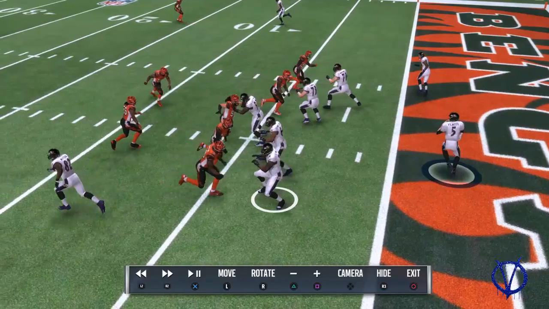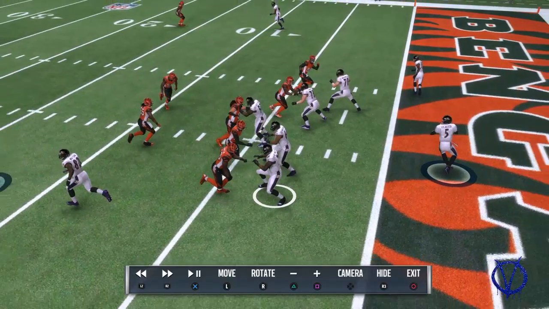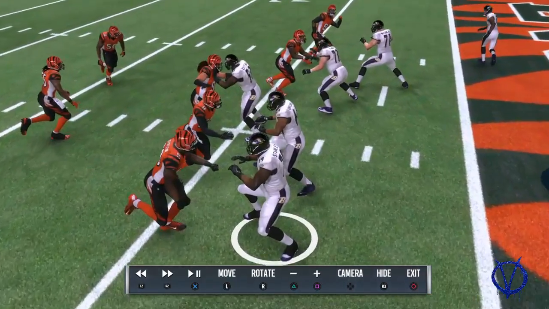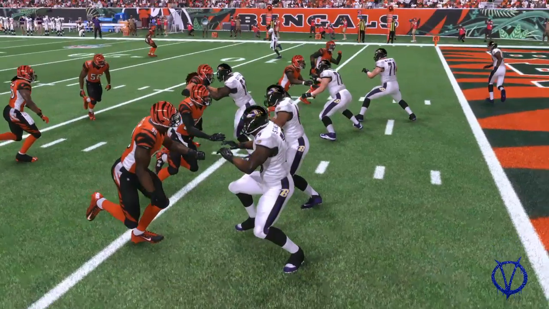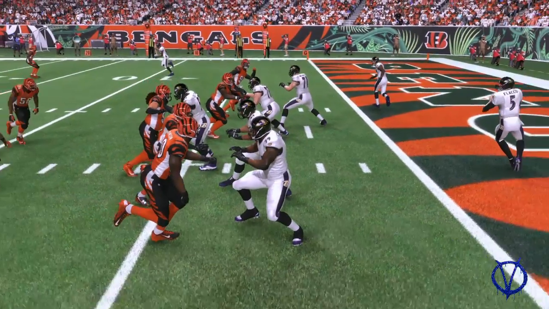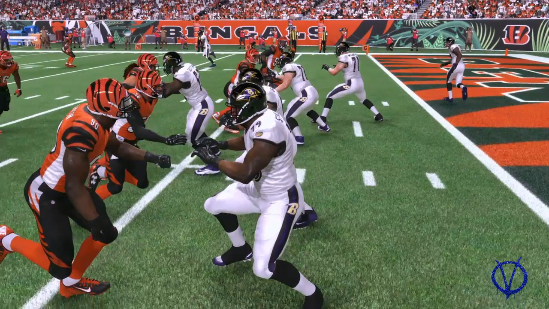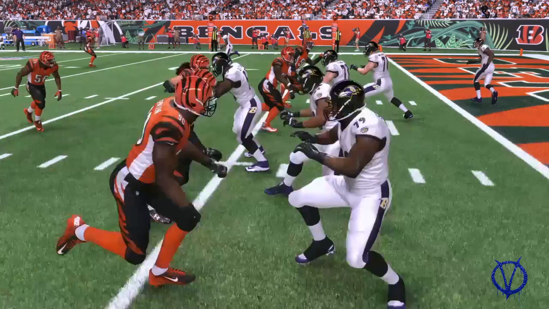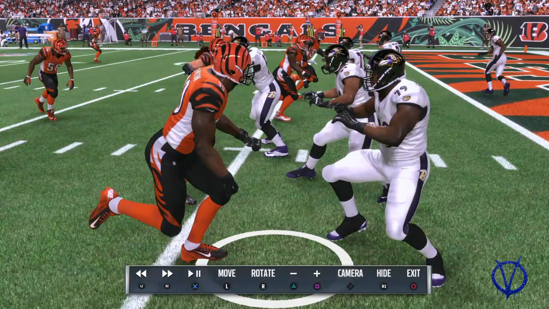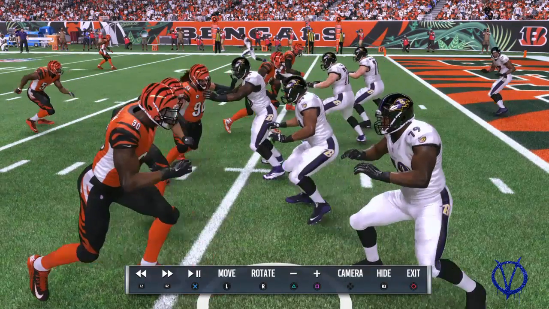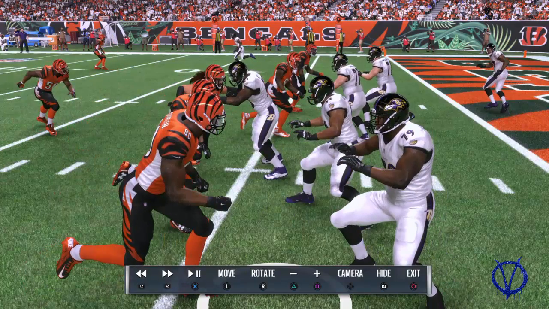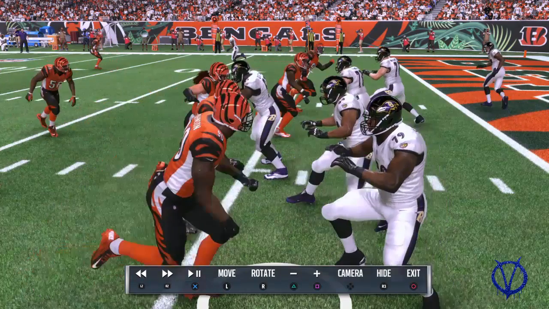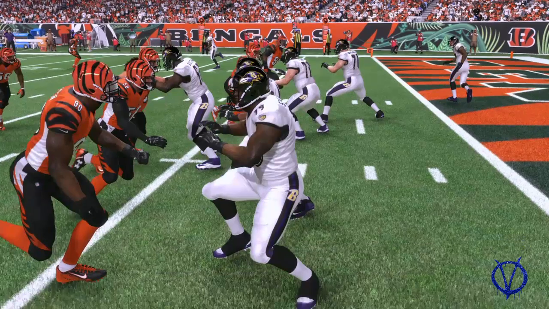You need to have a keen eye as to when these animations are actually being triggered. And what you want to do here, as you can see in this video, is have it to where the players get as close as possible before the animations trigger, because if they don't, you're going to see these players slide together from like 3 or 4 yards away. And as you can see in this video, you can